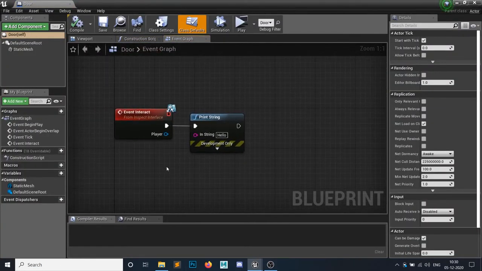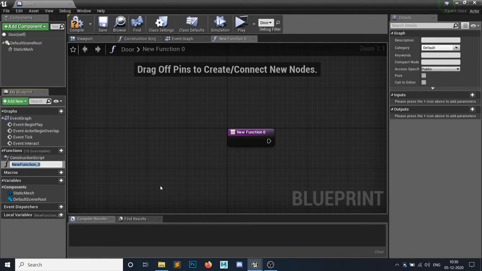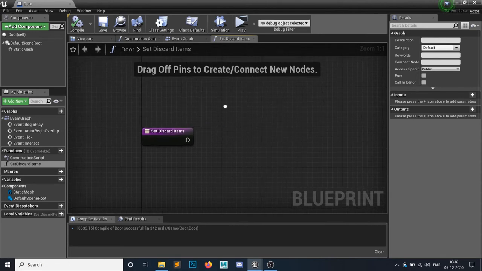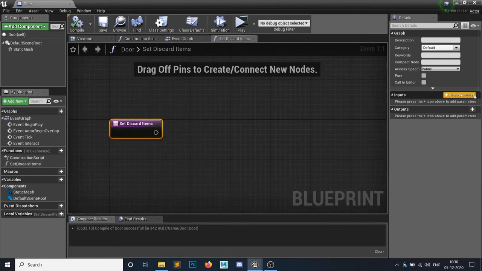Let's first do it with a local blueprint function. So let's create a function. I'm going to call it set discard items. For the discard items, we need one variable.